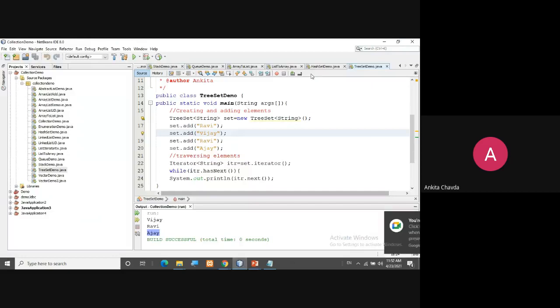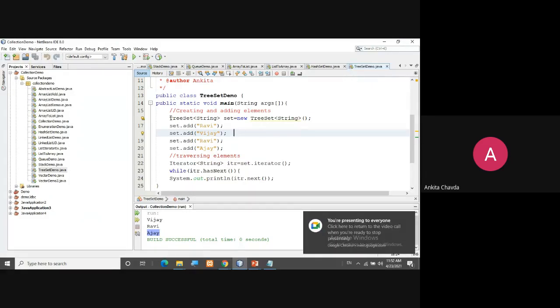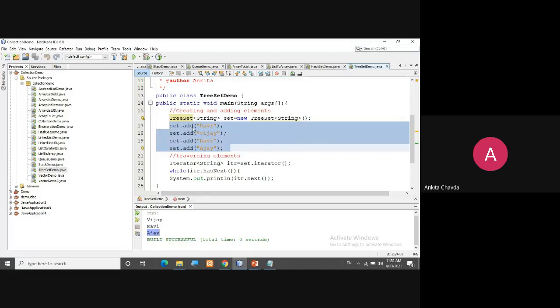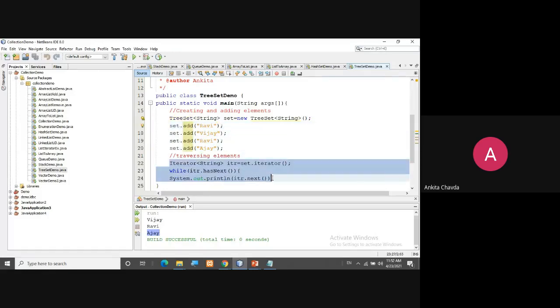Fine. So here in tree set, what I have done, I have taken tree set. You just need to change the class name. Otherwise, you can add with this add method. You can iterate, means you can traverse through the same, right? Only here the name has been changed. It is a tree set now, right? And you have added the same elements, Ravi, Vijay, Ravi, Ajay.